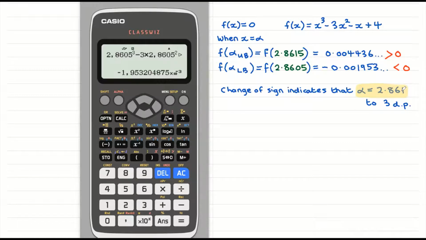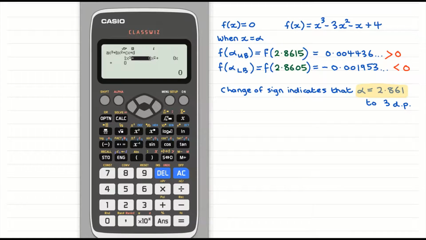Now, if you want to actually figure out what the actual solution is, if we have a polynomial situation, what you can do is use the equation solver on your calculator. So I'll just show you this in case you're not sure. If we just cancel all this, go to menu, go down to your equation solver that you use for your quadratics, select that. Now, this is a cubic, so we're going to select a degree 3 polynomial, and we can try and solve this. Now, the function itself was